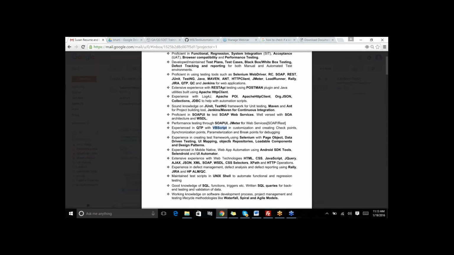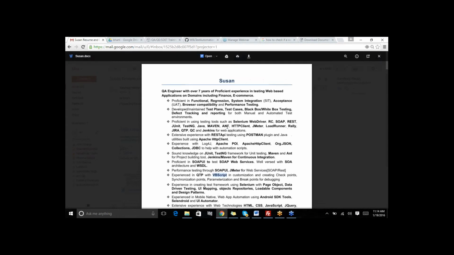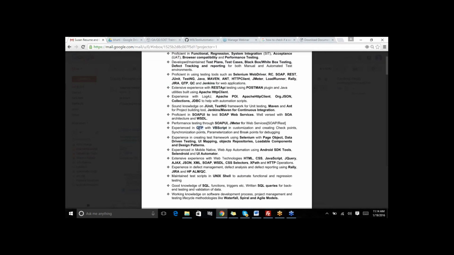If you know that you have not done this part, but it has been mentioned in your resume, make sure that you can relate it to something you can talk about. Your resume says 7 years of experience, so you should say that QTP is a tool which was used previously. You should say, yes, I have worked on QTP, but it was far in the past, like 4 or 5 years back when I started with automation. I started with QTP and a little bit of VB script, but afterwards I have been working with Selenium, because you do have knowledge about Selenium, right?